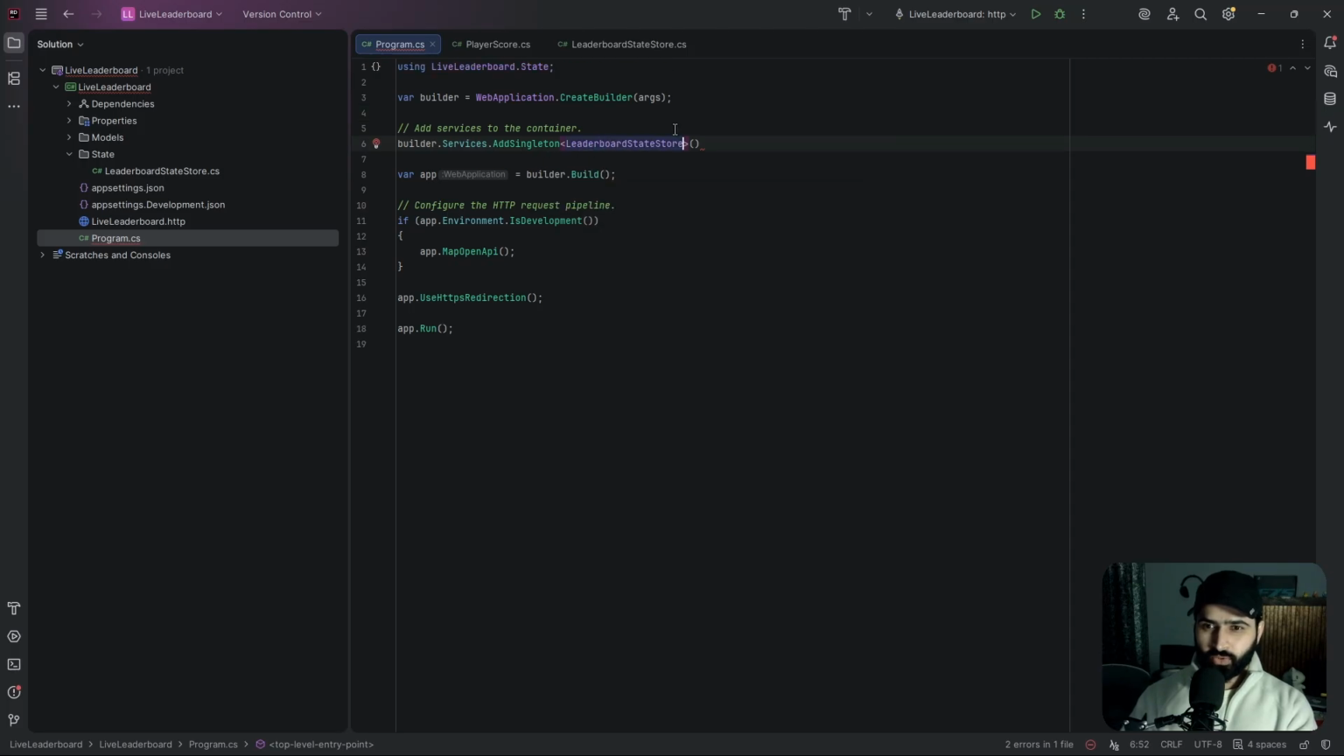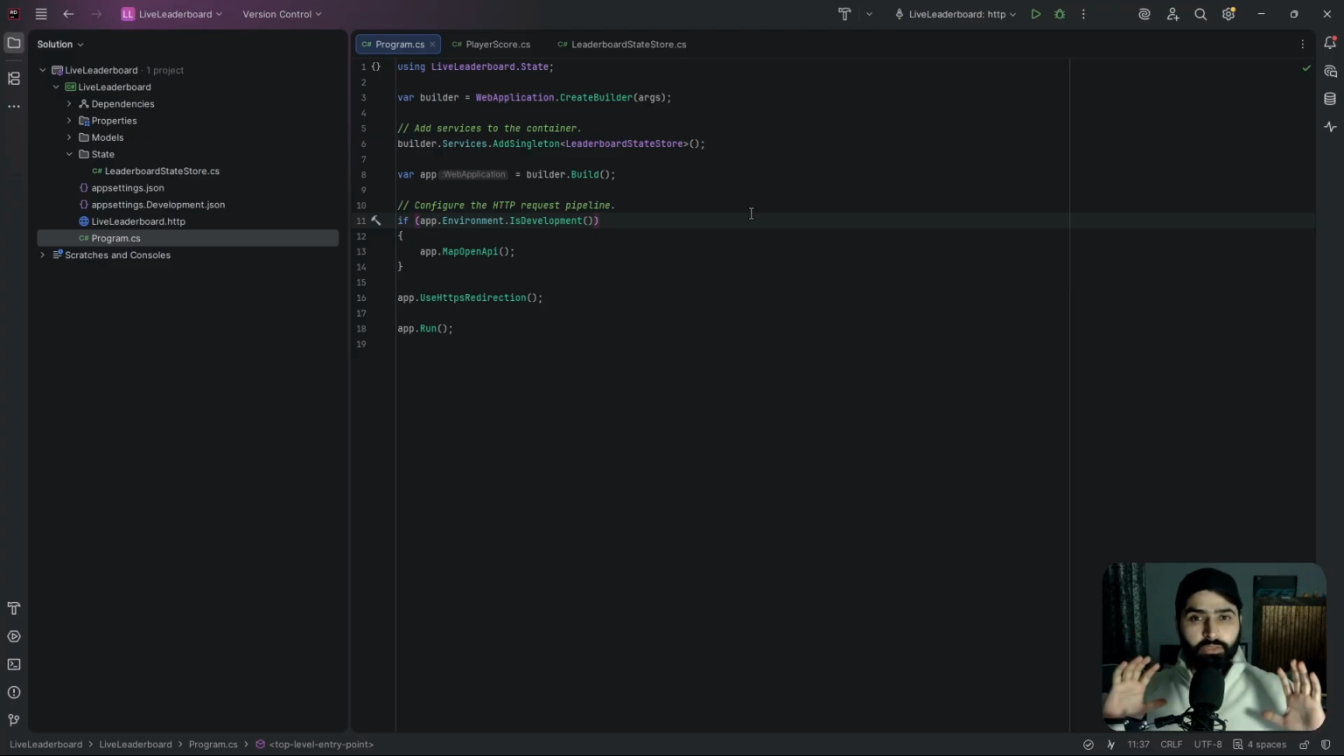Leaderboard state store. Perfect. Cool. So the third component is our game engine. Now this is core, this is very important. The game engine is not like your user activities, it's basically the core of how your game performs. User activities are like adding a user, updating a user score, but